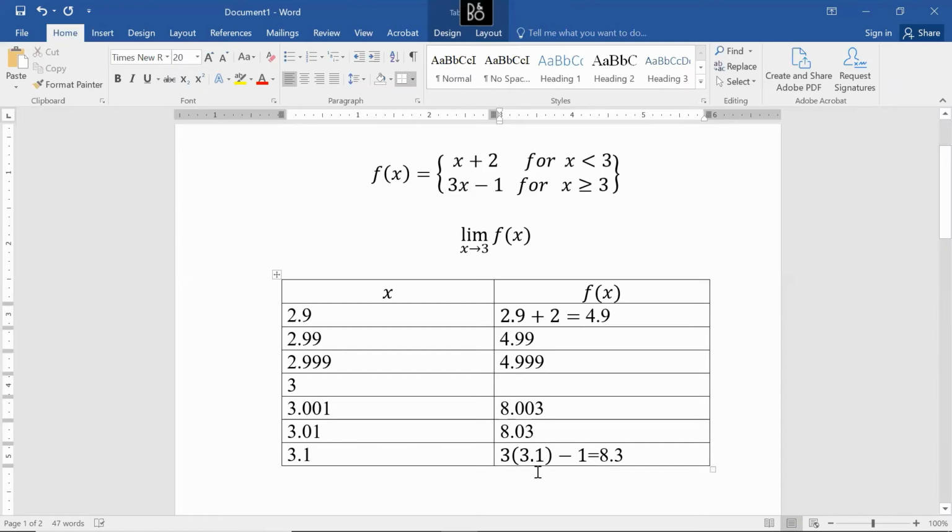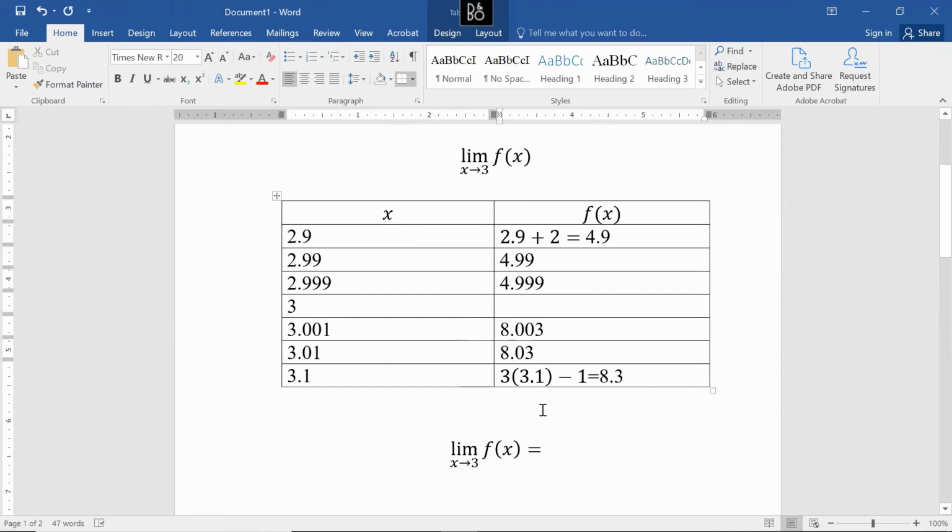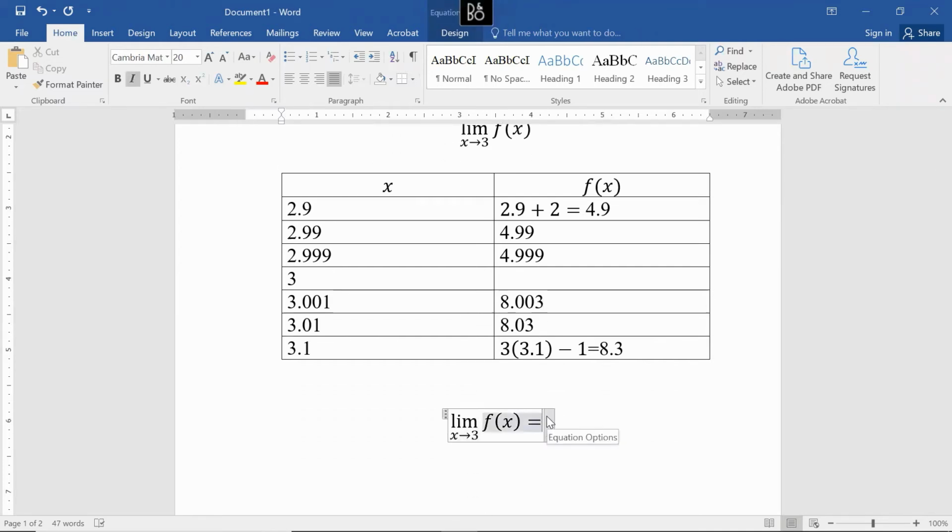So you can see that the limits aren't actually converging to the same number here. On the bottom side, it's looking like the outputs are getting closer to 5. On the top side, it looks like the outputs are getting closer to 8. And so what we would say is that since they're getting closer to different numbers, this limit does not exist. Or the limit of function f of x as x gets closer to 3 does not exist.